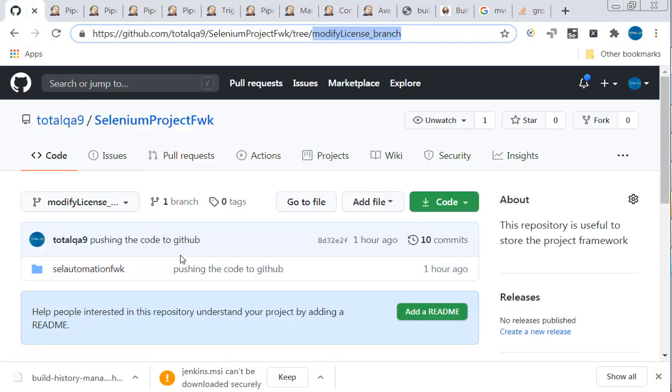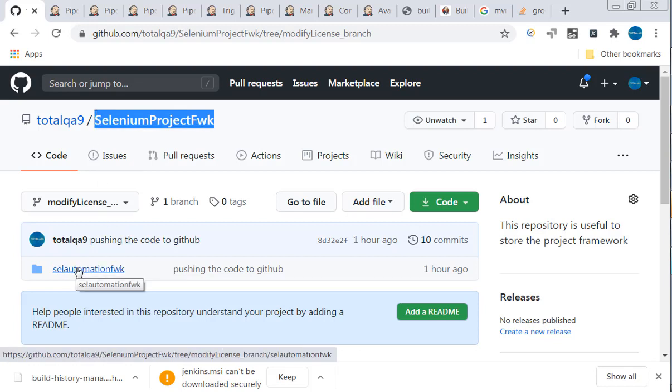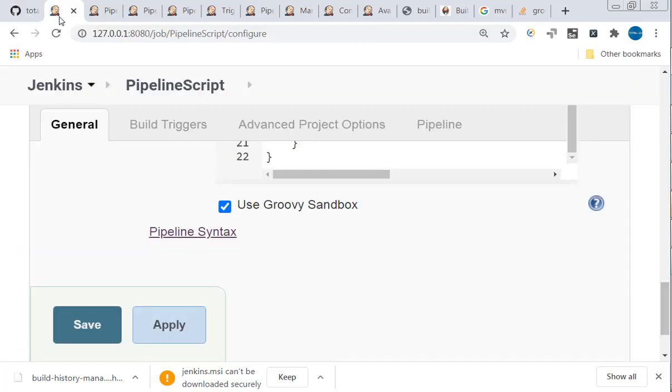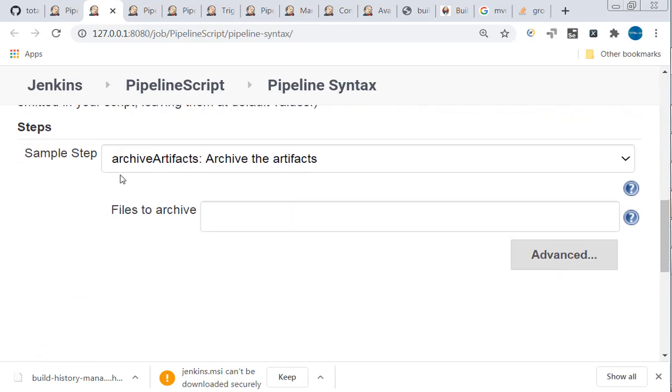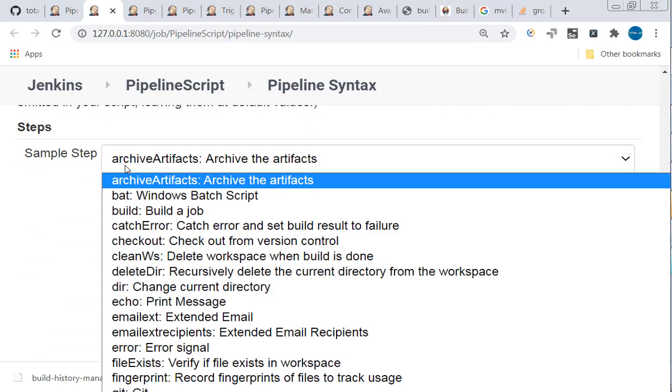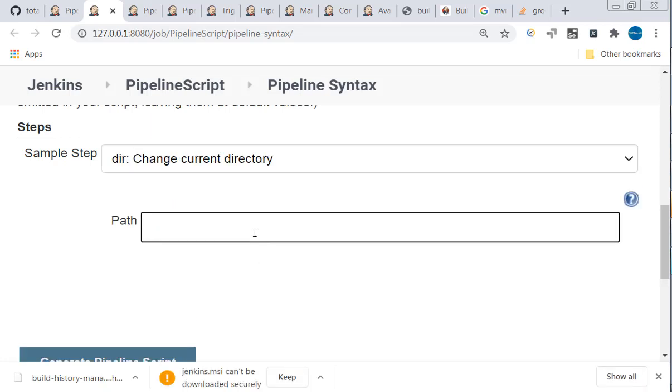So first thing we have to do is, if you look into our Git repository, our pom.xml file is available under Selenium Automation Framework. But the workspace is pointing to this location. So we have to navigate to this directory. Then only we can execute the Maven test cases, right? For that reason, we will use one sample step, change directory. Here we have to provide the path.